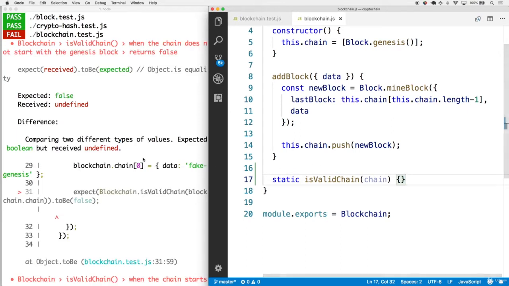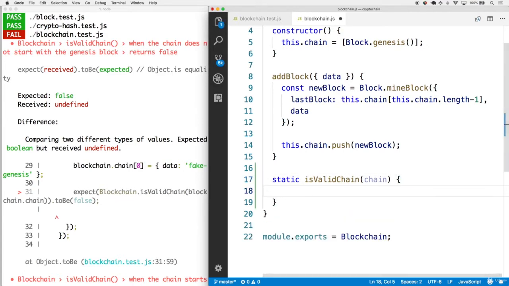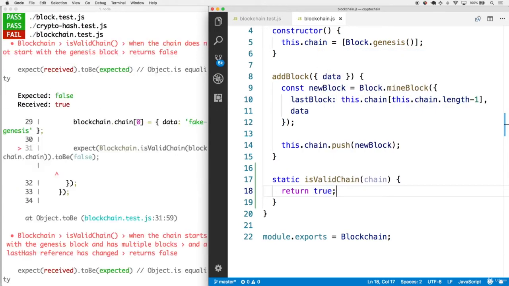Nice. So the isValidChain method is expected to return a Boolean. It will either return a true or a false value. By default, let's make it return true. So as our one line in this method already, let's have it return true. And that gets us past a test case where we're expecting the chain to be valid when it has multiple